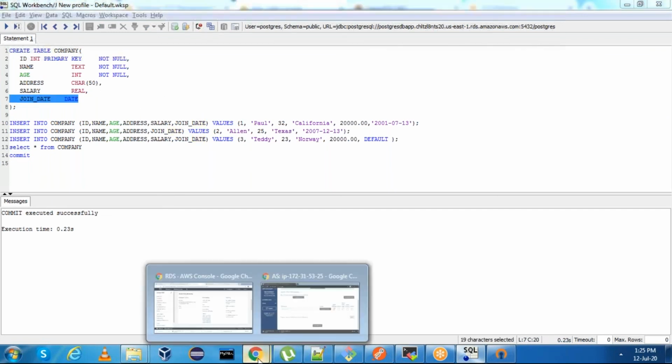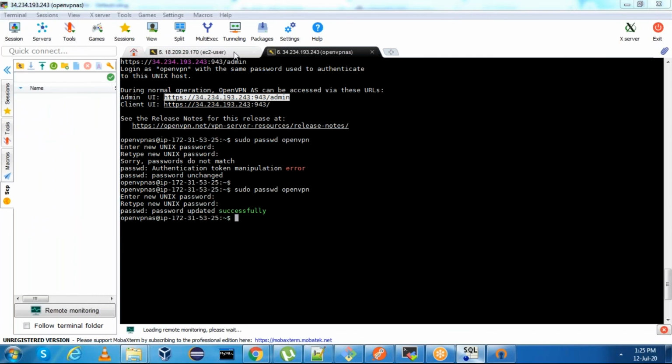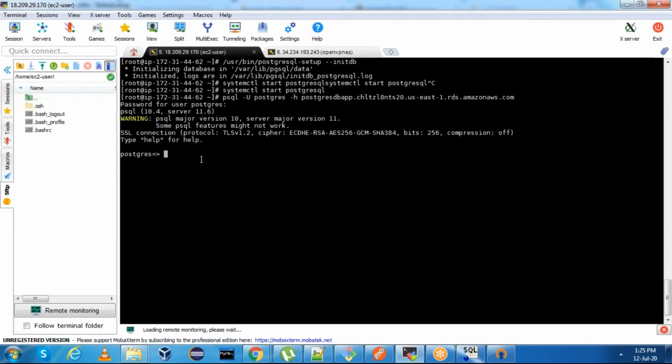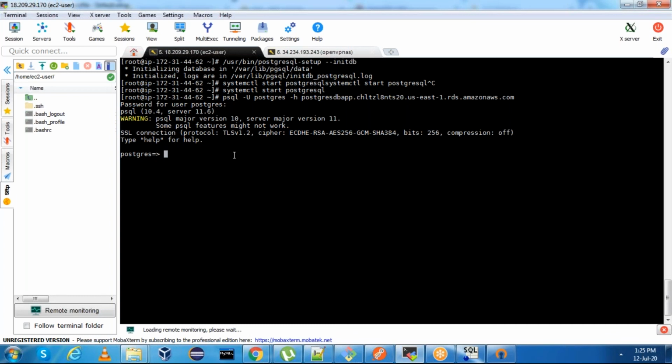Unless you have a VPN, you cannot connect to RDS from local without publicly accessible. If you want to connect within the VPC, you can use EC2. I showed you, right? From the EC2, you can connect to PostgreSQL. These are the two ways.